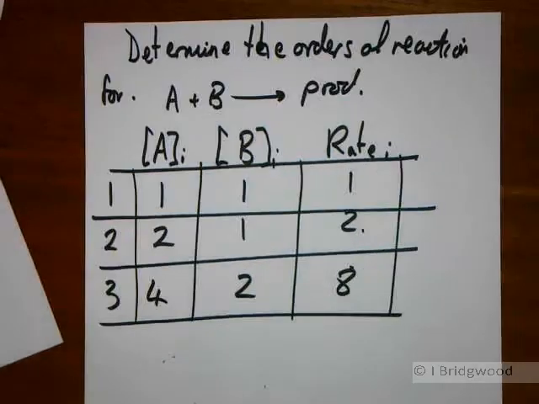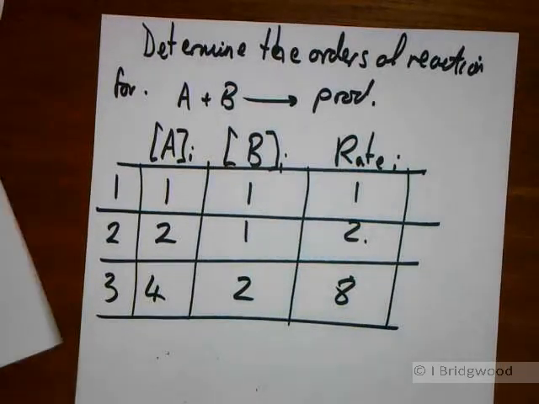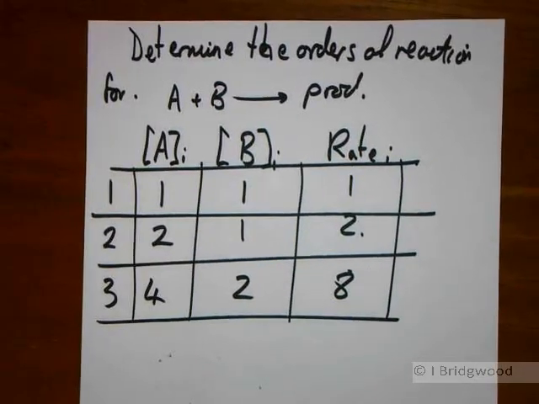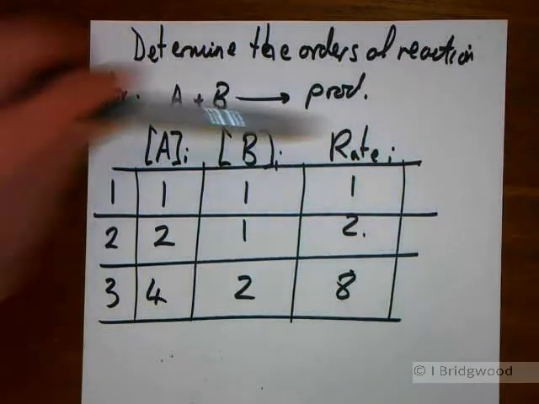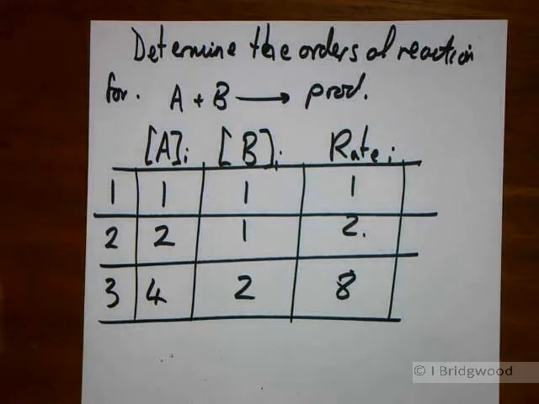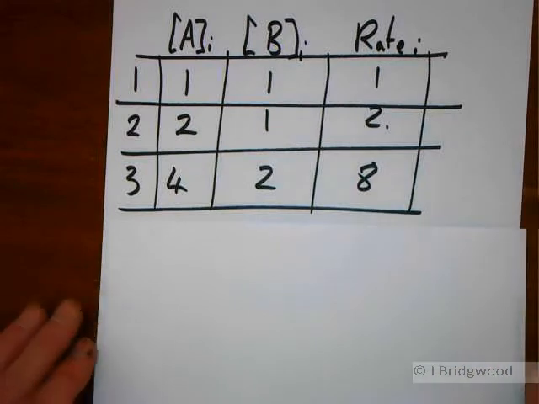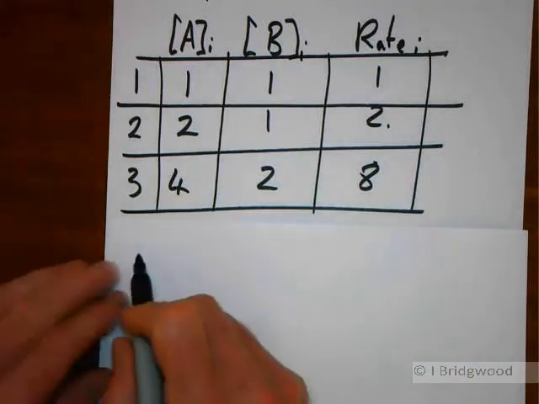Now this is a slightly more complex determination of orders of reaction. What we have here is A and B going to product, initial concentrations of A and B, and initial rate for 3 runs. Now we can determine the order with respect to A relatively straightforwardly, because you can see if we compare